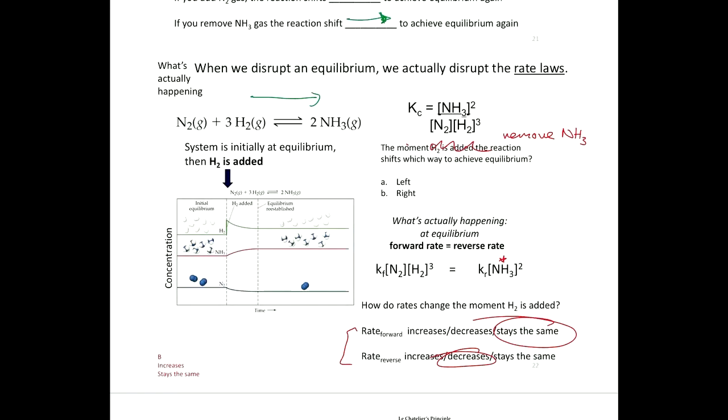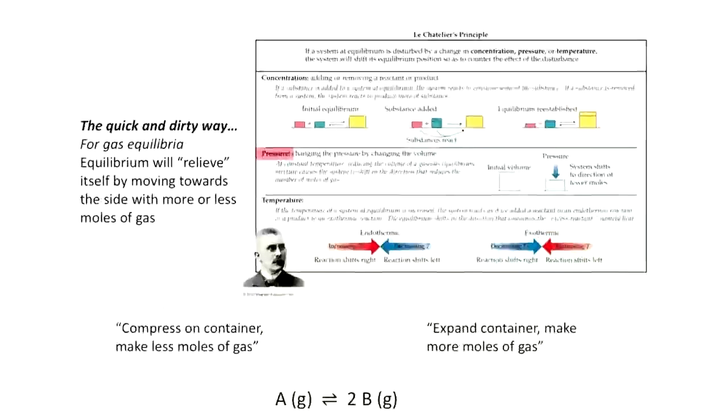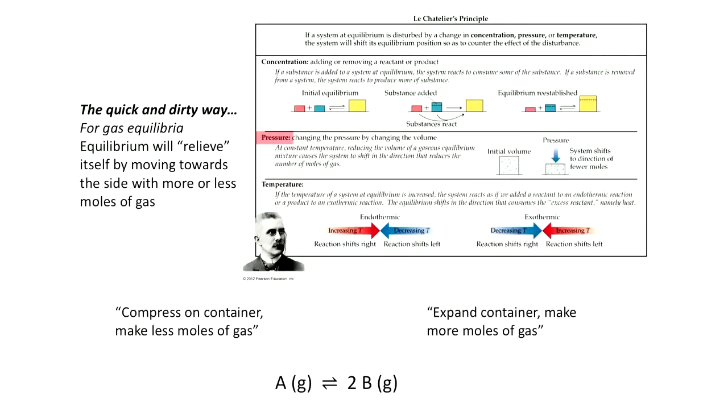Okay, so that was concentration. Let's do pressure. Okay, so gases are neat, where gases, they take up space, they have pressure, and in the course of a chemical reaction the number of particles of gas can change in your equilibrium, depending on where you are in this chemical equilibrium. So I told you, you learn the quick and dirty way first, then the real way. So for gas equilibria